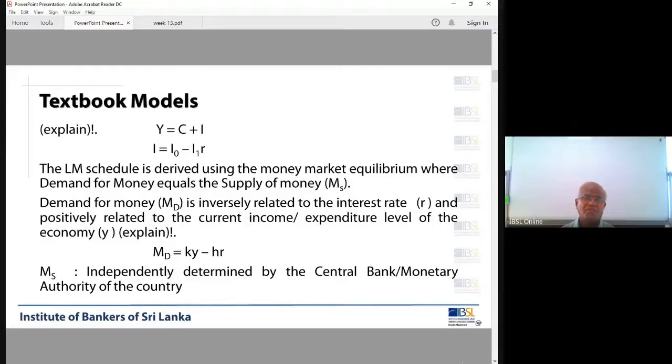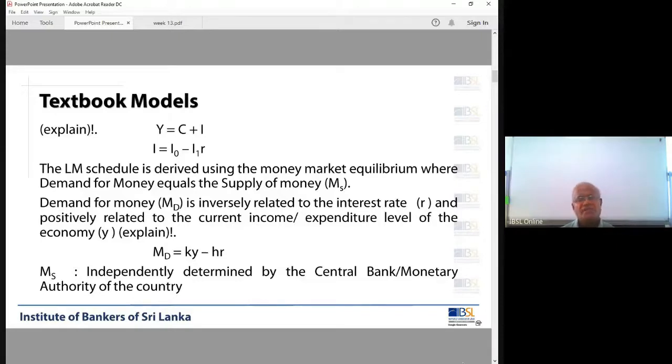Now the first equation you are familiar with, Y equals C plus I. Here we are considering a closed economy without government, the simplest economy. Now the idea is to derive the IS curve and LM curve for the simple economy. After that we extend to a closed economy with government, a closed economy with proportional taxes, and an open economy. Today I am going to restrict my discussion only to the closed economy without government. Investment function. Remember last week we discussed investment as constant, 50, 60. Now in the investment function, there's a negative relationship between I and R.